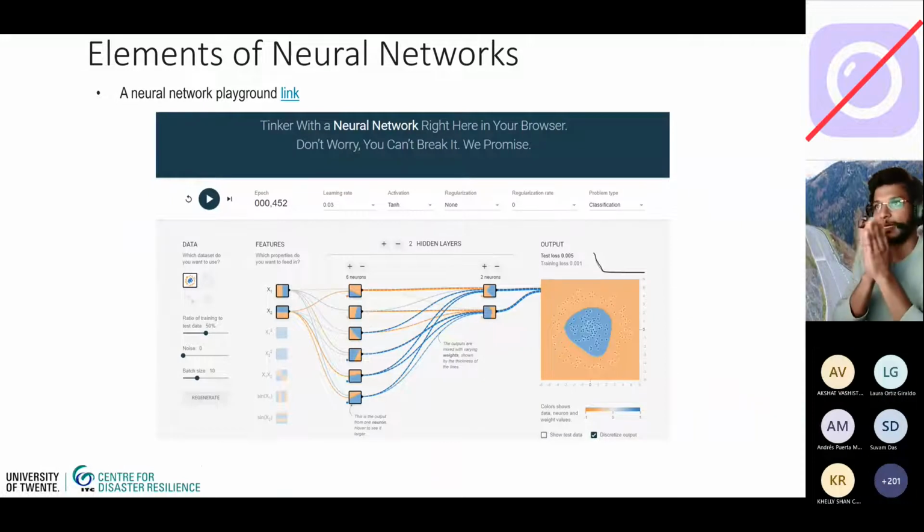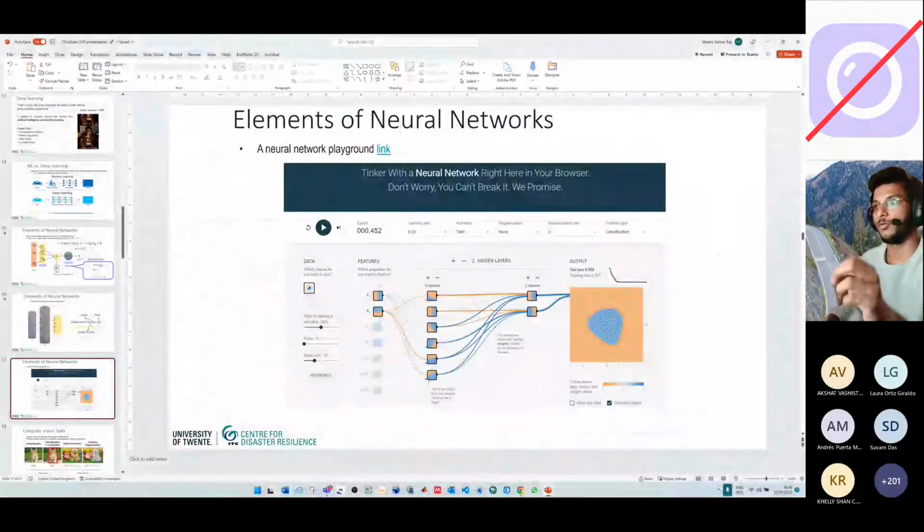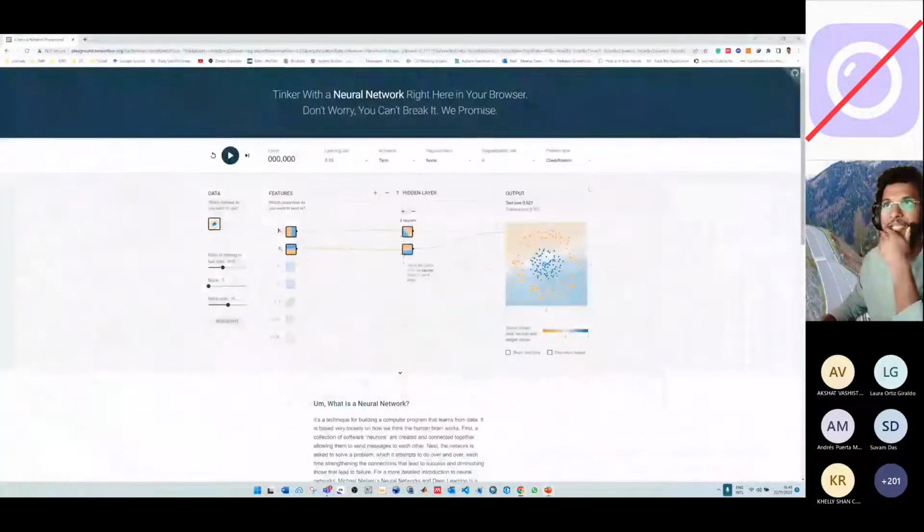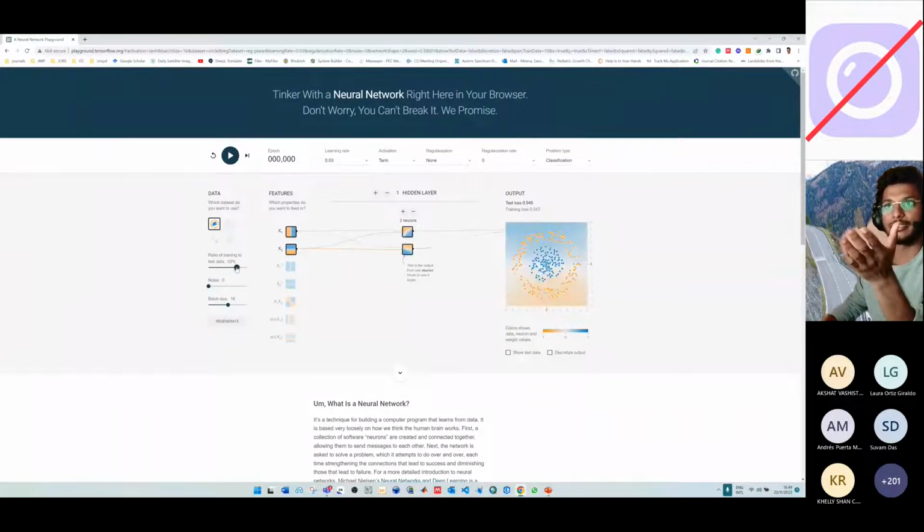And this is an example which I wanted to give to you, so that you can play with it and try to understand how these things work. If you click on that link, you will come up with this. This is just to visualize for yourself: we give an input, and you can play with the data, like the training data sets, how much you want to put, like 30% of test, and then batch sizes, and you can play with learning rates,